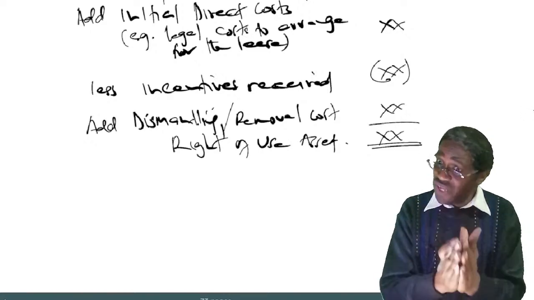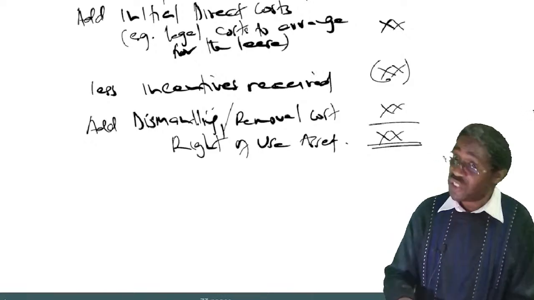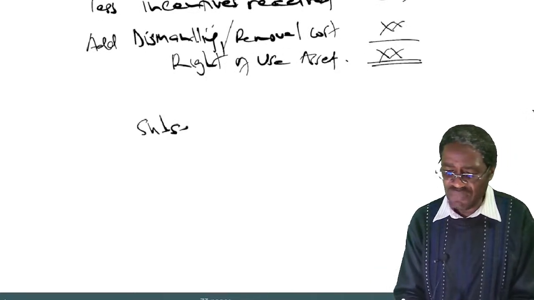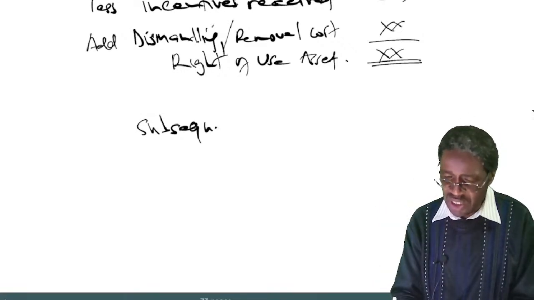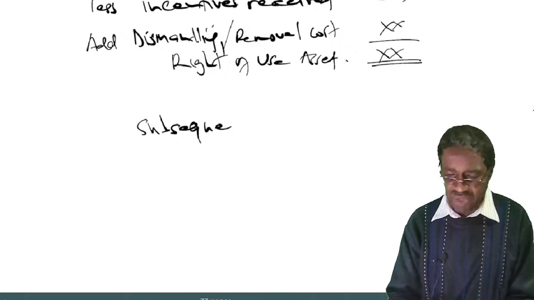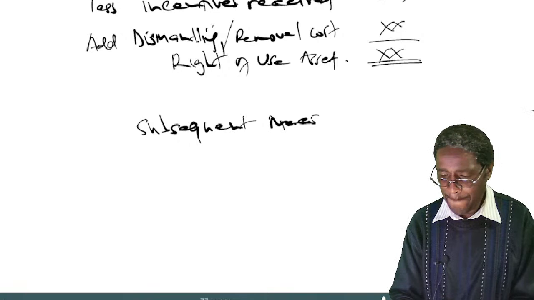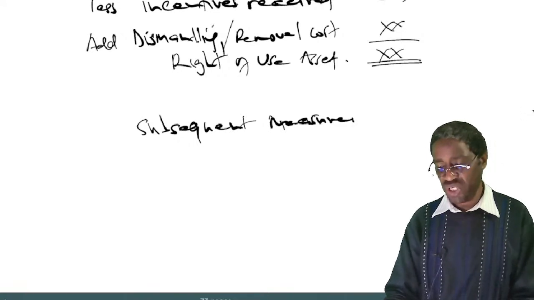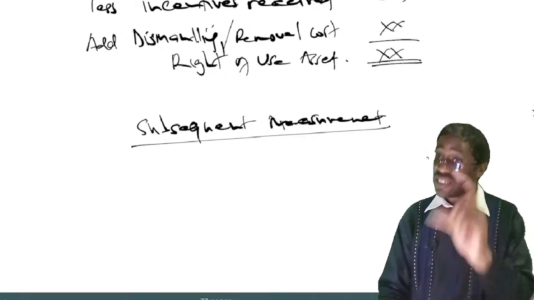Now at the end of every year, this asset will have to be depreciated. So in other words, how do you measure those items? What is the subsequent measurement? We are now discussing what we call subsequent measurement of the amount we are calling the lease asset and the lease liability.